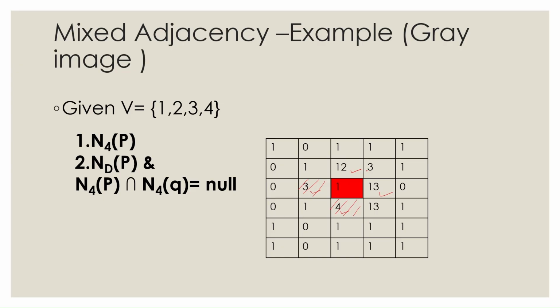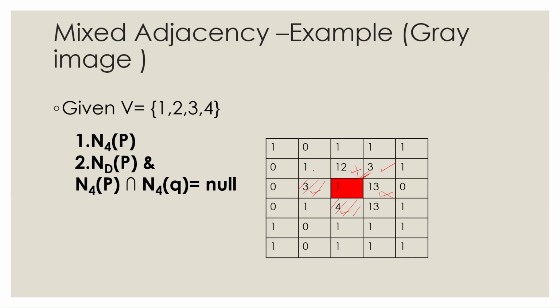Next, we have to check for the diagonal. So let us consider this diagonal element 3. We cannot directly have a horizontal relationship between 12 and 3 because this 12 is not present in the set. So we cannot have this one, and 13 is also vertically there is no relationship. But we can have a diagonal relationship between this 1 and 3. So M adjacency we can have this. This 12 and 13 cannot be done.